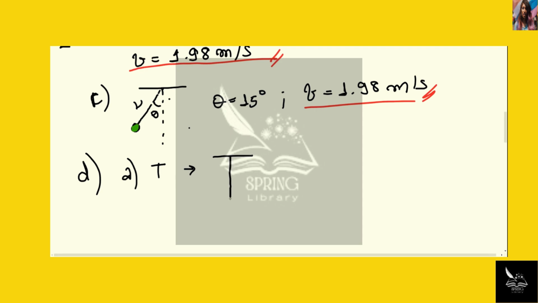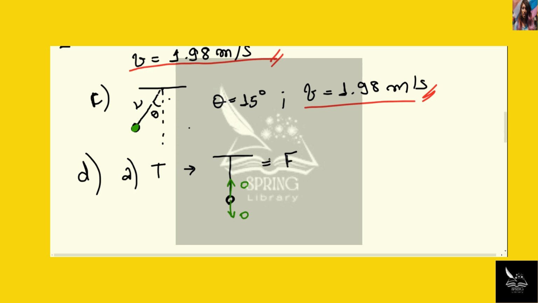We have our ball like this. The only force acting is gravity, and the gravitational force is pointing in the same direction as the tension. Since the ball is not moving upwards nor downwards, that is, it is standing still like this, we're going to have that